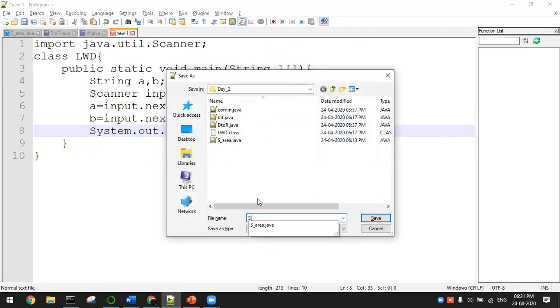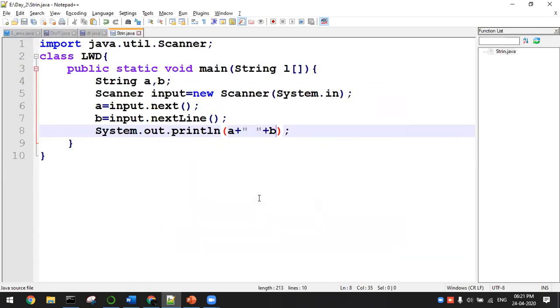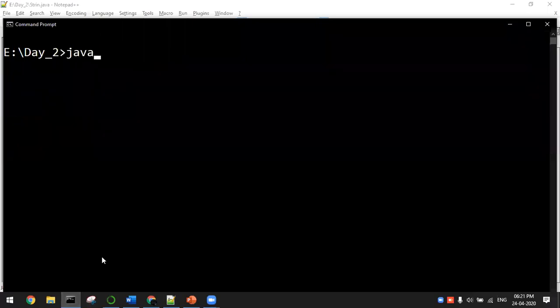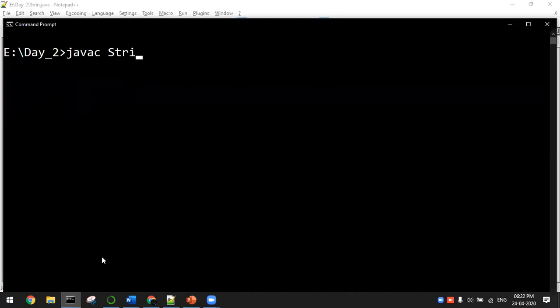Let me go ahead with the execution part. The file is str in dot java. Here javac str in dot java. LWD is my class name.